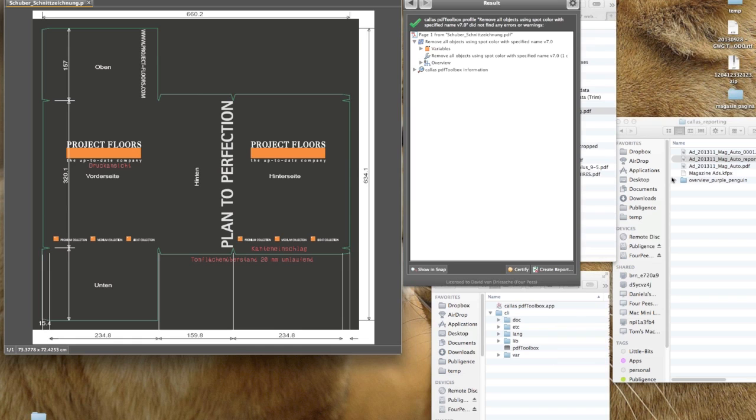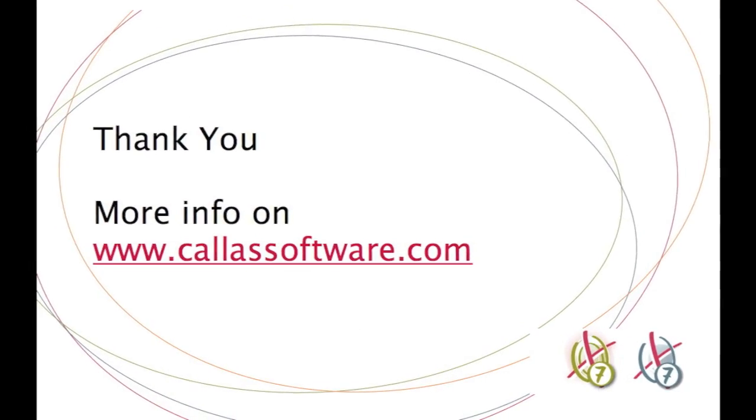So the only thing you have to do is make a pre-flight check that detects those objects that you want to remove, whether it's by spot color or because they are on a certain layer or because it's a certain type of object, and you can simply remove that from the